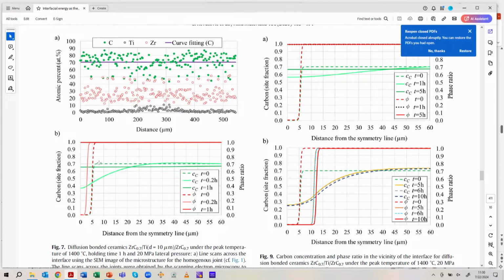The dashed green line is the carbon concentration, which is 0.7 in zirconium carbide, and 0 in titanium. And then, well, after a certain time, the carbon diffuses. We get phase transformation, which transforms